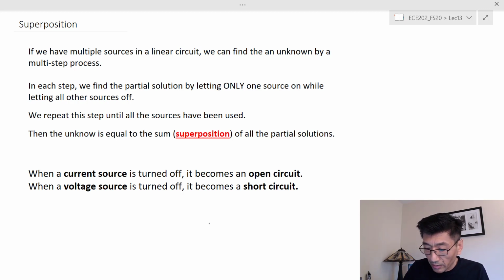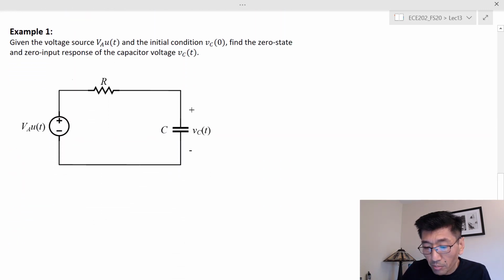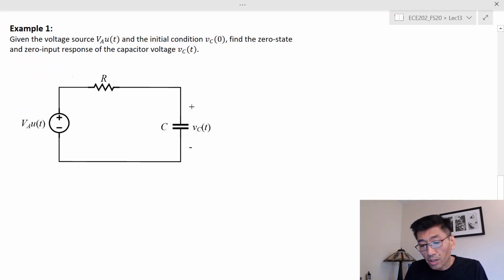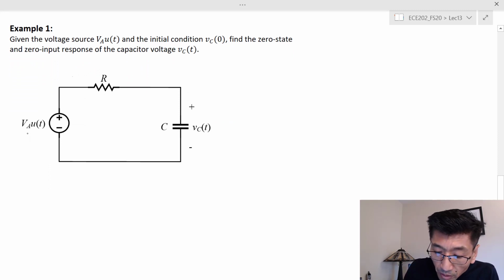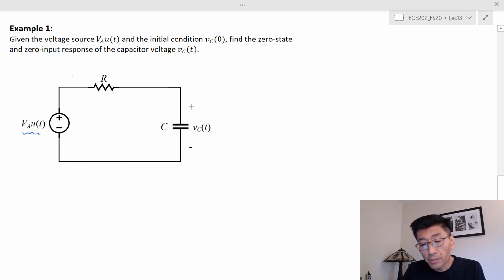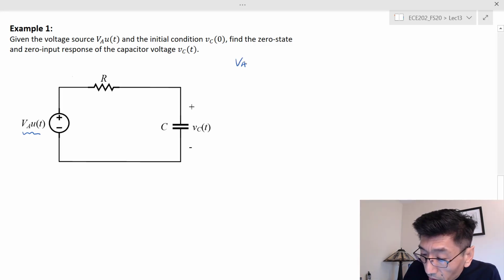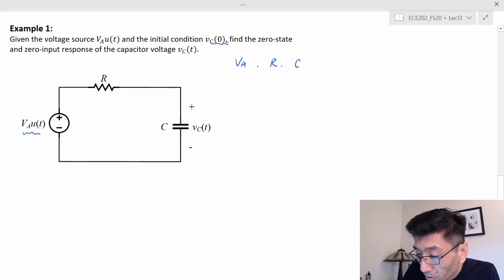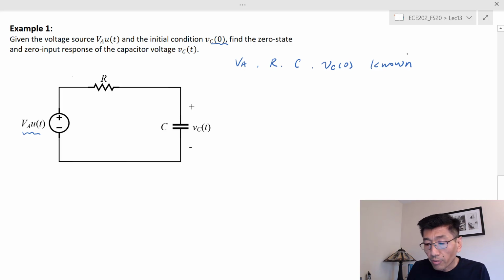So let's look at the first example here. I have a very simple RC circuit, and this RC circuit is supplied by a step voltage source. VA and R, the resistance value, these are all known values, right? And we also know V sub C0, these are all knowns. And we are trying to find V sub C of t, and we're trying to identify the zero state response and